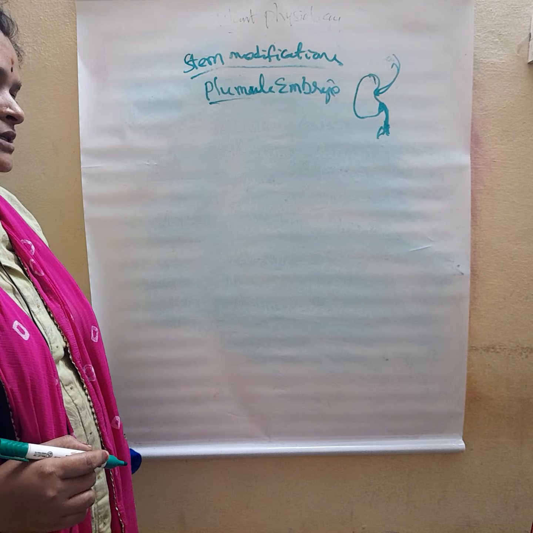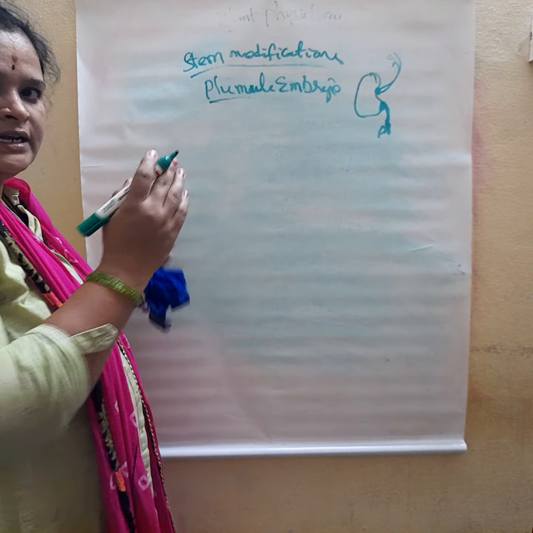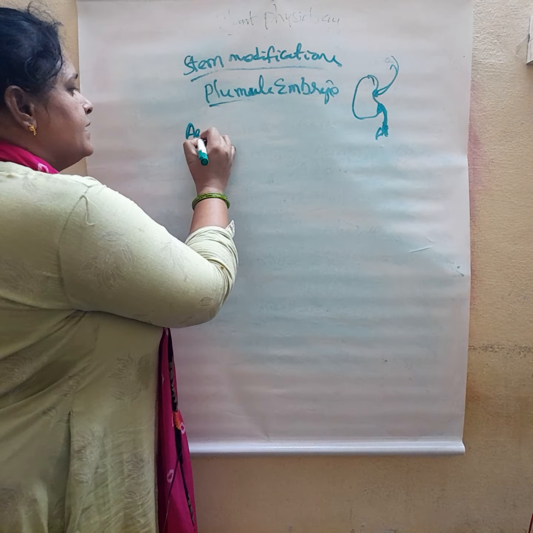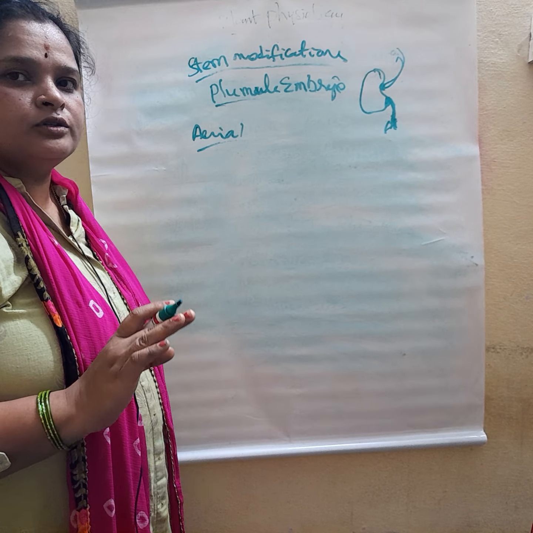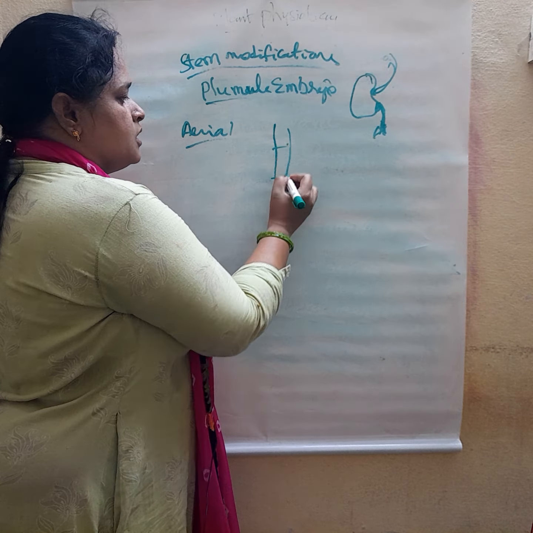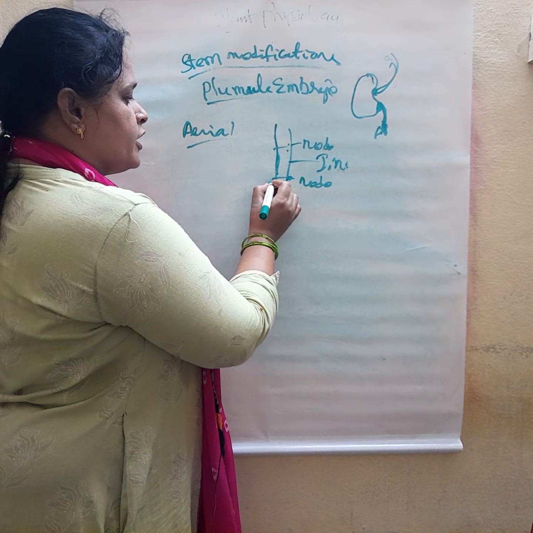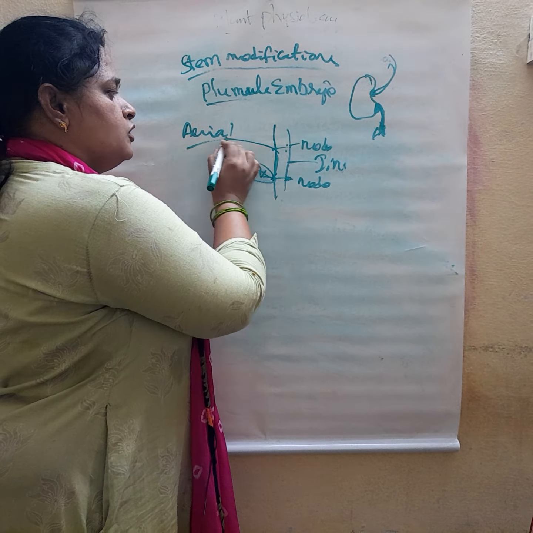Okay, right. So the actual stem is aerial, slightly growing towards the light side. It is always above the ground, aerial. A normal stem has nodes and internodes. They are called nodes, and the space between node and node is called the internode. From the node point a leaf arises, or maybe a branch also arises from the node.